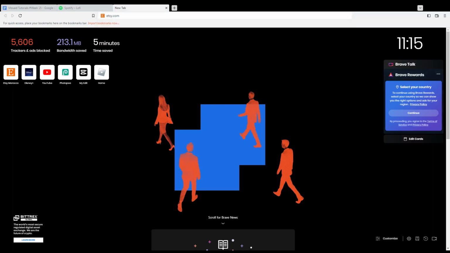So first of all, all you need to do is open the browser that you're going to use to follow the steps of this tutorial. In my case, I'm using Brave, but you can use any other browser, and it could possibly work for you. Once you have opened your browser,